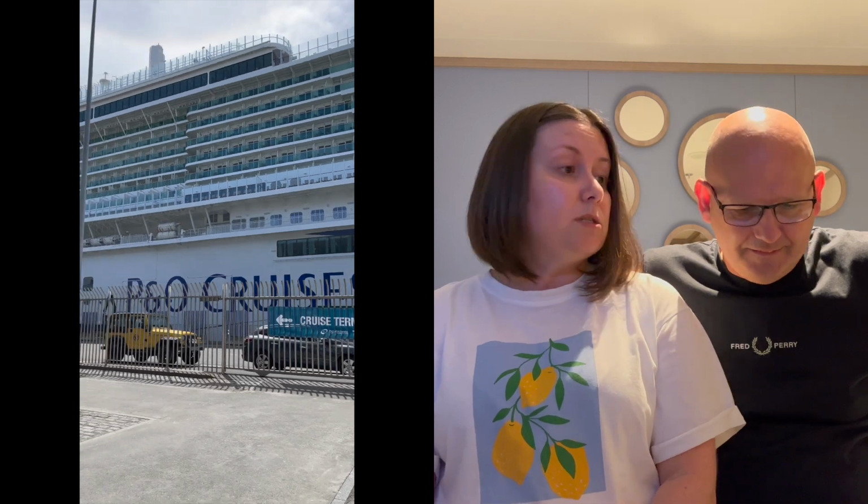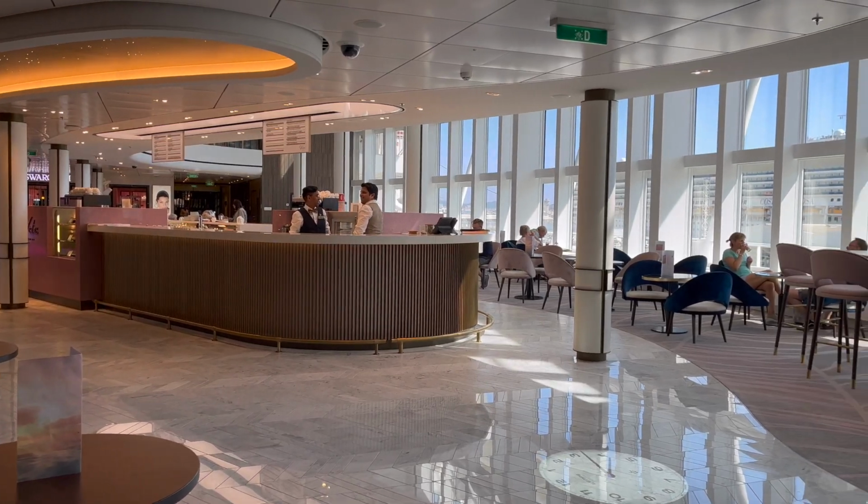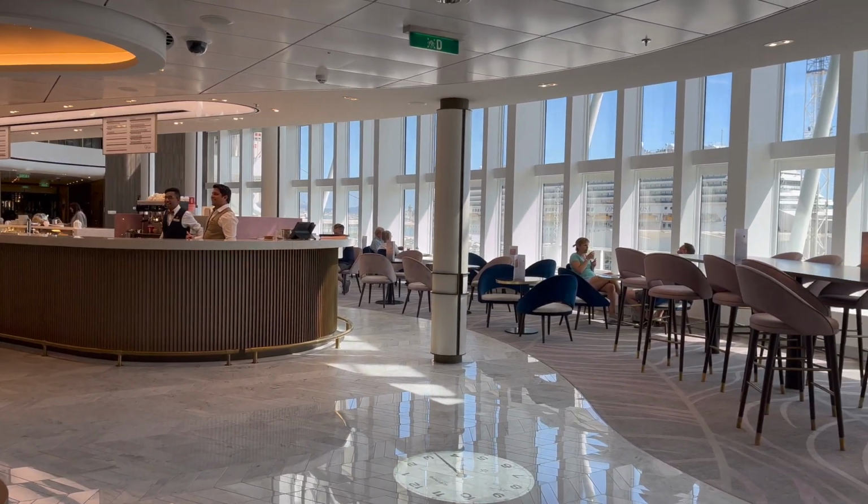You do. So that's what we've learned really, is that we probably wouldn't go for a guaranteed cabin again. But there are advantages. Like docking. So the advantage of being on deck 4 is that when we go in ports, most of the time the gangway was either on deck 3 or deck 4. Sometimes it was on deck 6 in the atrium, but a lot of the time...